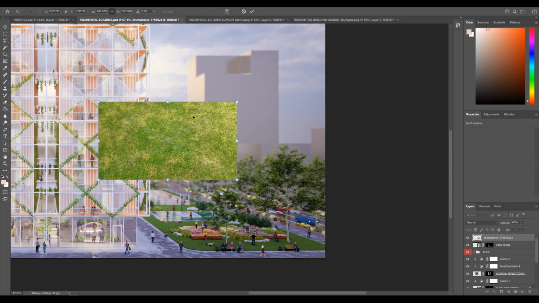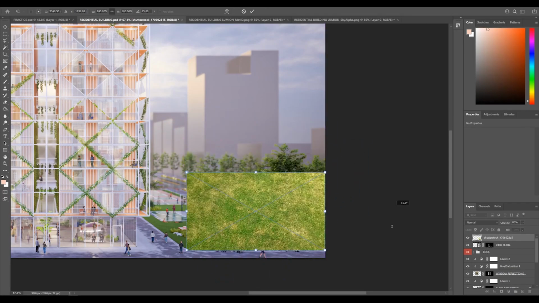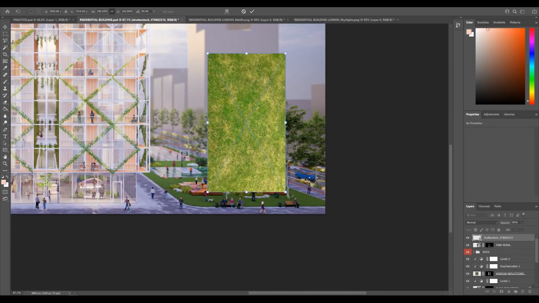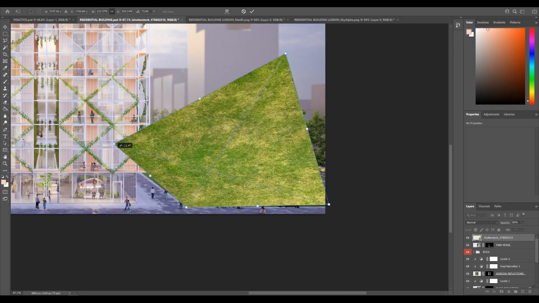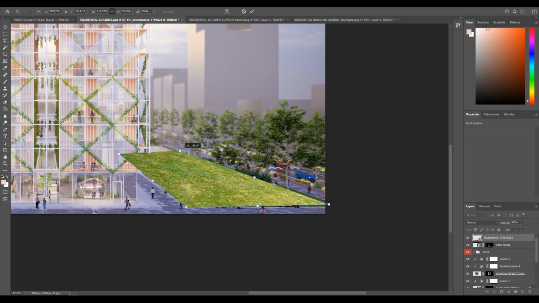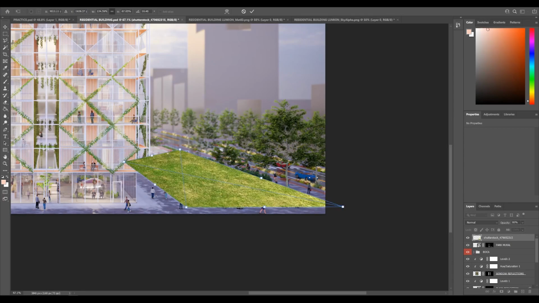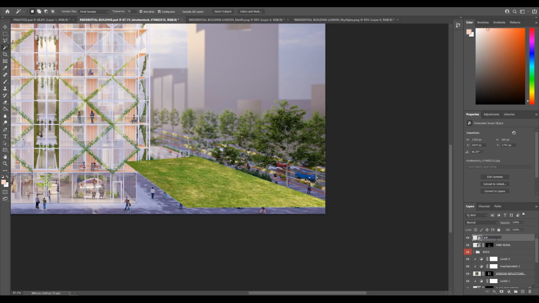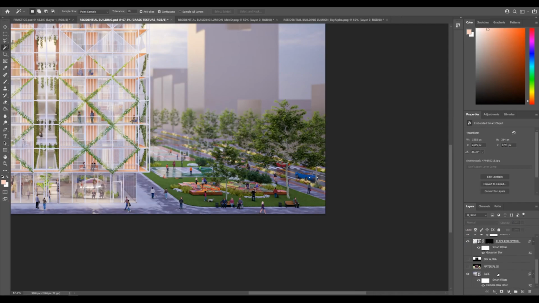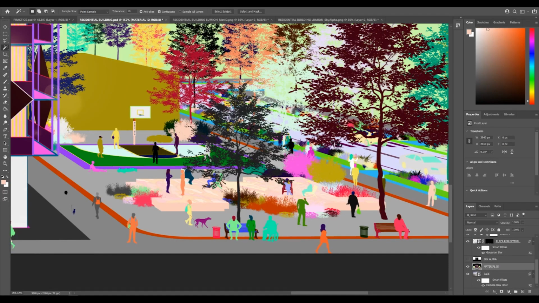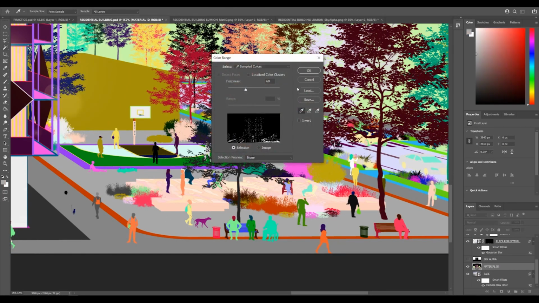Next, I wanted to add some more texture to the grass in my park, and this probably could have been achieved by adjusting the scale of the grass in Lumion. But here, I wanted to show that you can achieve it in different ways. So I actually imported a high-res grass texture, skewed it so that it's the right perspective, and then I think I just put it on overlay so that it kind of bled through and gave the grass a little bit